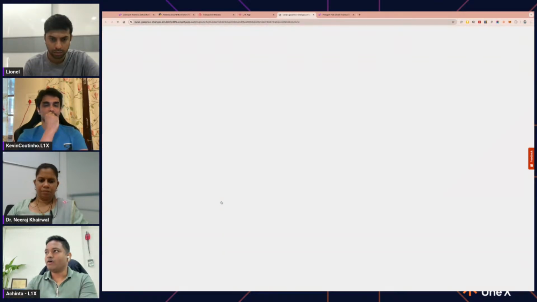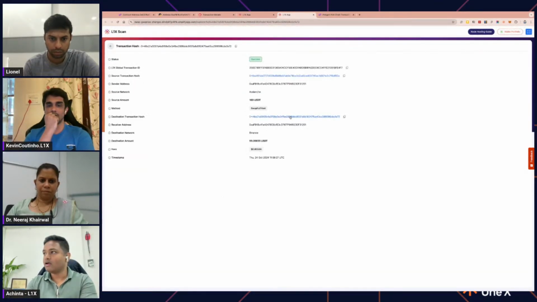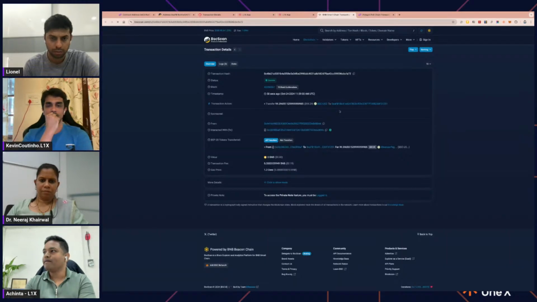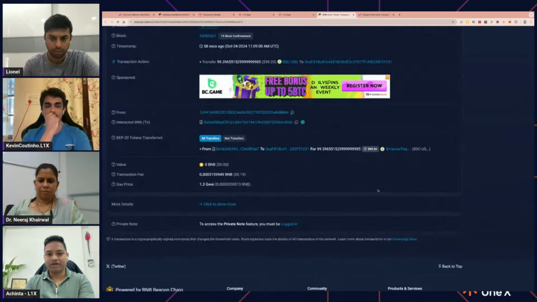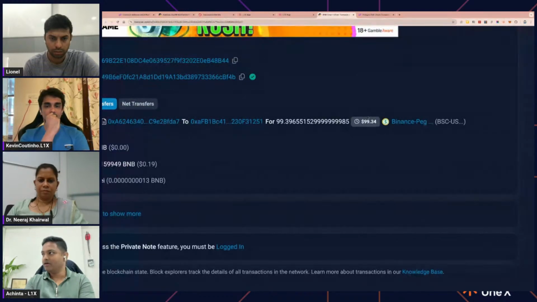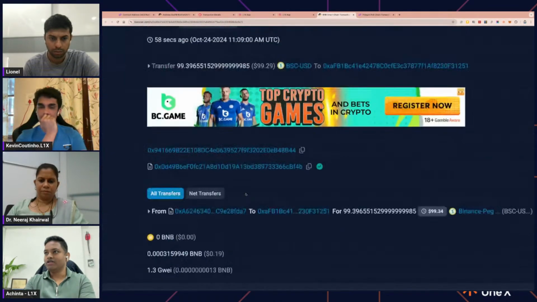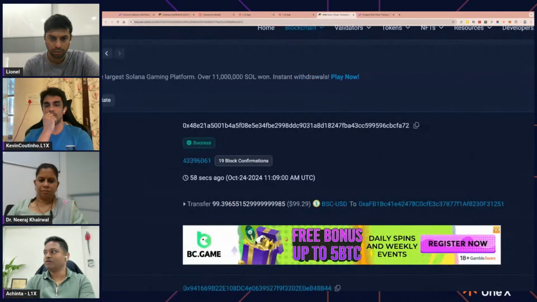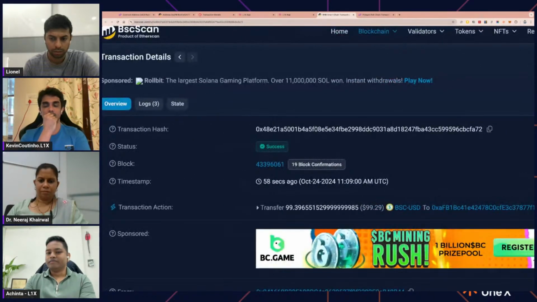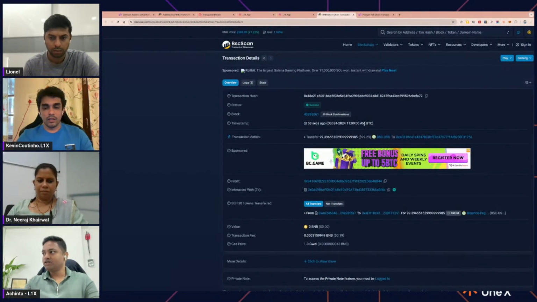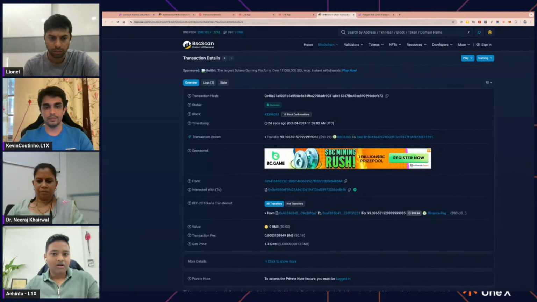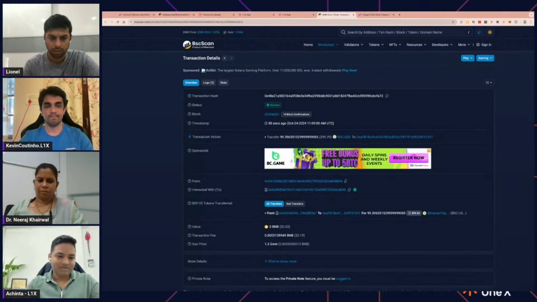And we can see from the L1X scan your value here. We'll receive this 99. I'll just zoom it out so everyone can see. See, we received this amount at the destination address. Yeah, that's it. It worked well. And this is the staging version we currently have. We're going to release this version very soon, at the end of this week, and you guys can test it out. Thank you.